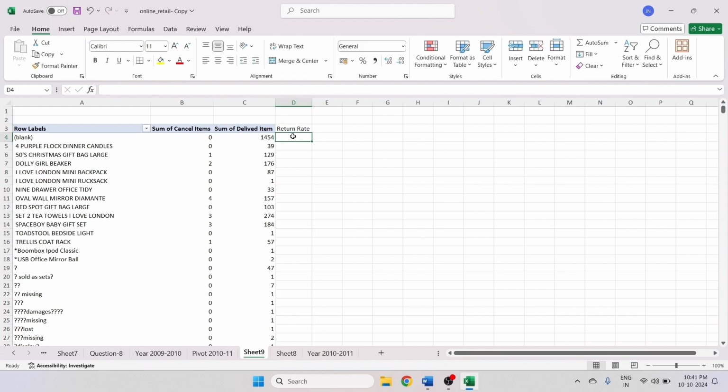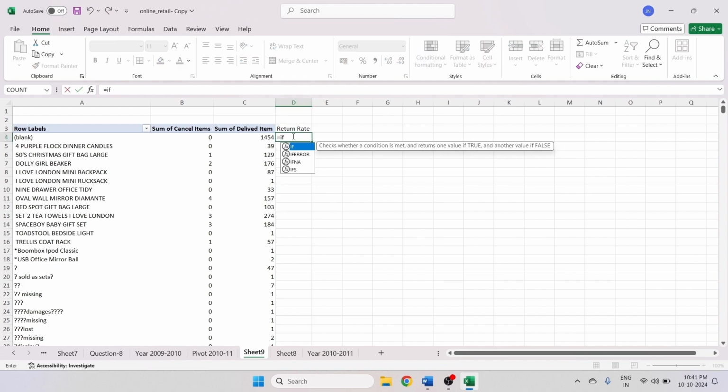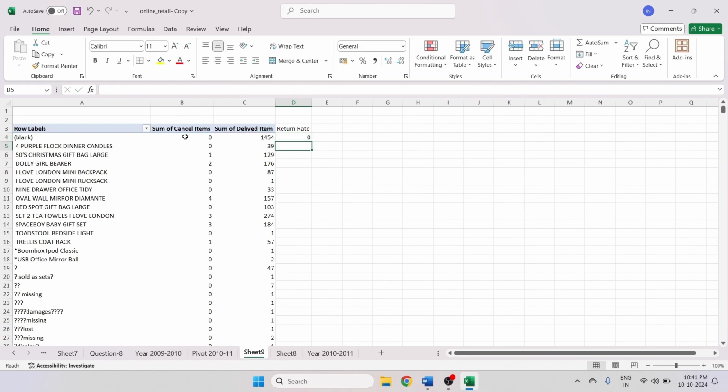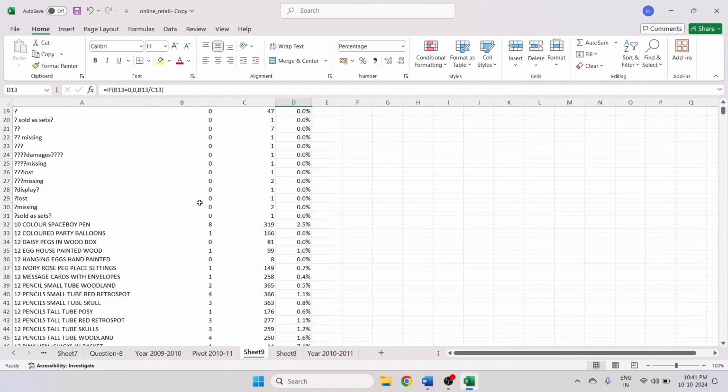Fit this data column. If b4 equals 0, then 0, else b4 divided by c4. We got it. Return rate. Double enter. Range will be selected, convert into percentage. Now this is the return rate for each product in